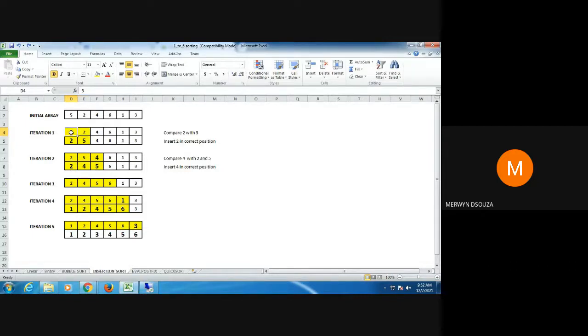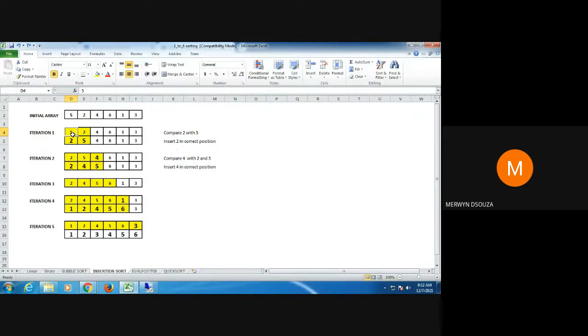If the first value is greater than the second value, you will swap if you want it in ascending order. If you want descending order, then you will check that the first value is less than the second value and you will swap. Just the opposite, or the second value is greater than the first value and you will swap.